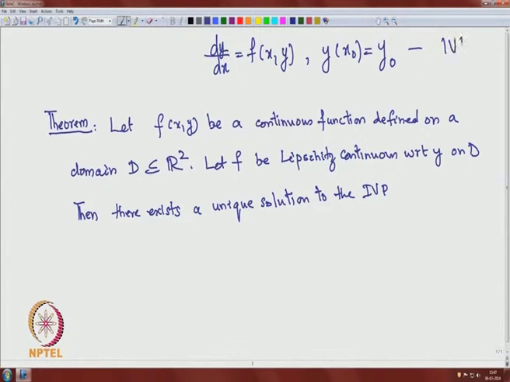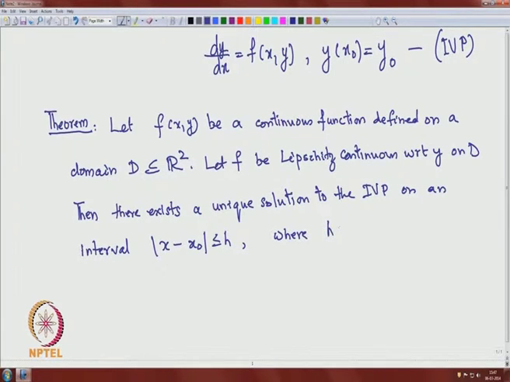So, this is our initial value problem, on an interval |x minus x0| less than or equal to h,